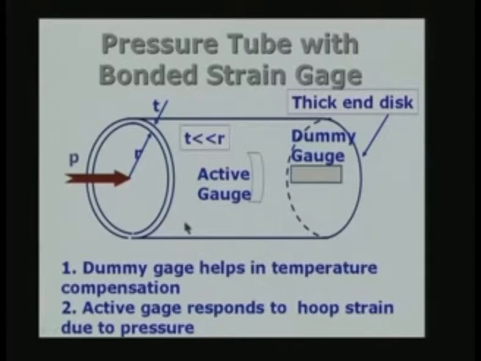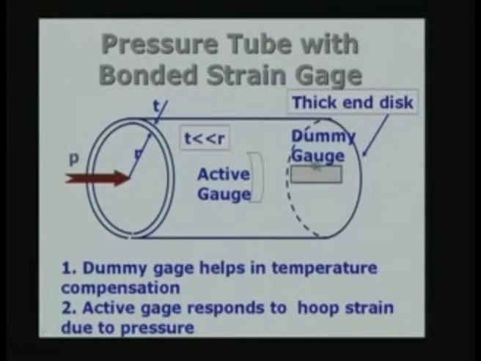The assumption is that the cylinder acts as a thin shell, and the active gauge is going to be bonded onto the circumference as is shown here. So, the longer dimension here for this rectangular piece of element is the active direction. That means it is going to measure the strain in the circumferential direction, as you can see. That is also called the hoop stress or hoop strain. The direction which is along the circumference is the hoop strain, and we also have a dummy gauge, which means that it is going to be connected in such a way that it is not going to undergo any strain.